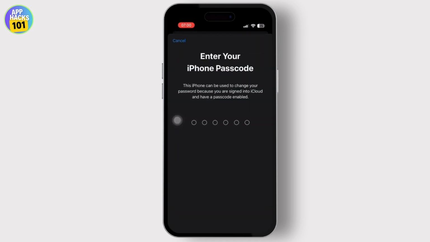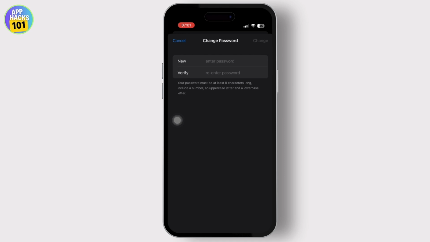In order to do that, you'll have to enter your iPhone passcode first. Enter it. After you enter it, you'll be navigated to enter the new password for your Apple ID and verify it. After you complete this process, simply go back to the App Store and try your payment method again and